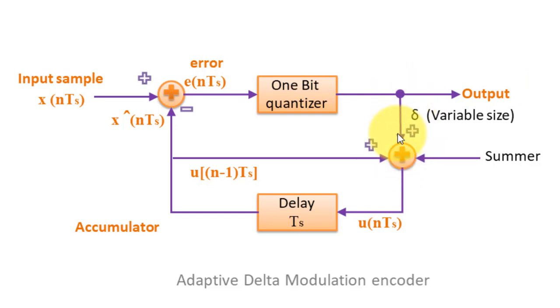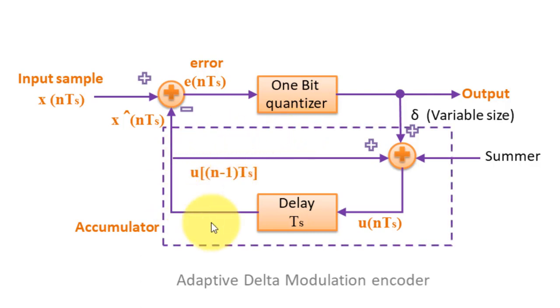Number one is the 1-bit quantizer output, and second is the previous state of the approximated signal. With the combination of these two inputs it generates its current staircase value u(nTs). Here u(nTs) is the current staircase sample value, and u((n-1)Ts) is the delayed version of u(nTs), or we could say it represents the previous approximated staircase version of the signal. So this structure reflects the accumulator, which retains the approximated signal value. So this is all about our delta modulation.